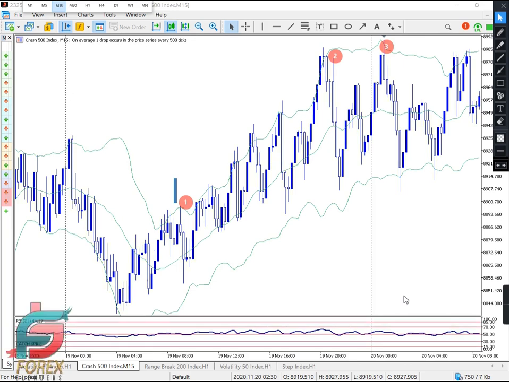Today we are going to discuss how you can catch spikes on Boom and Crash, and we're going to use an indicator called Bollinger Band and a price action candlestick pattern called rejection. So we need a rejection for Crash. We need a rejection on the upper band, like here. So on my number one, you need a rejection from the upper band,